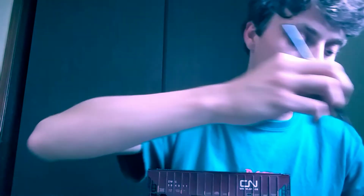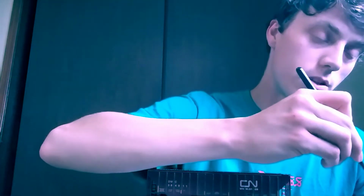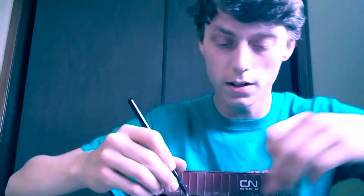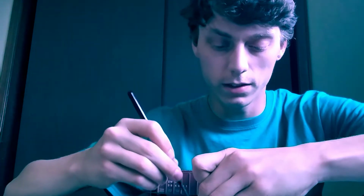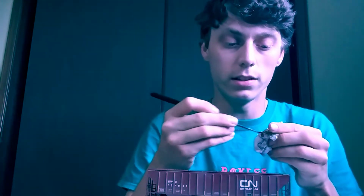Normally when I do this, I start from the top of the car and work my way down, and just dab a little bit on the paintbrush, get some of it off, put the excess in the lid, and then just take a piece of toilet paper or paper towel. Paper towel works better because this kind of rips, but just dry brush it off onto here